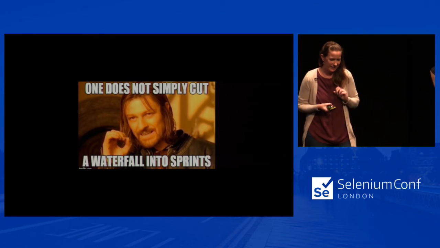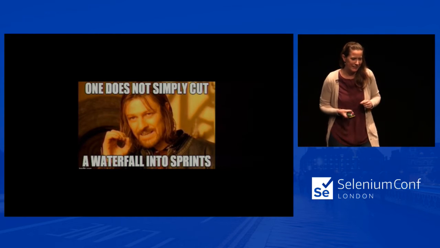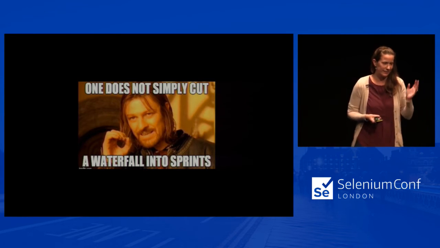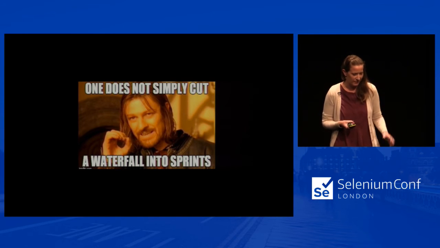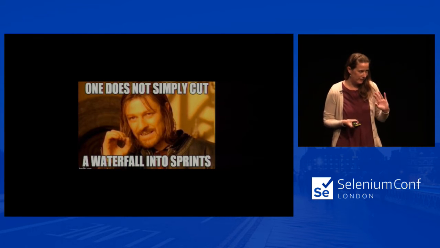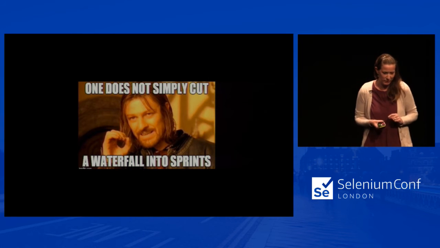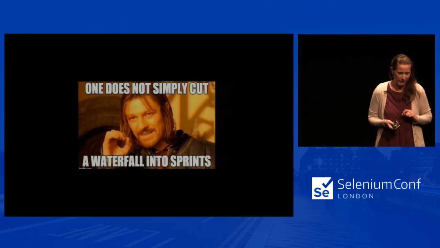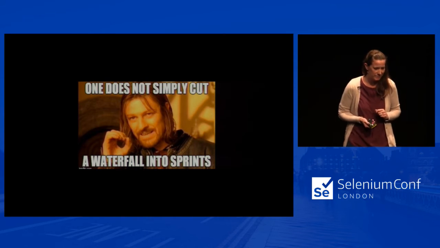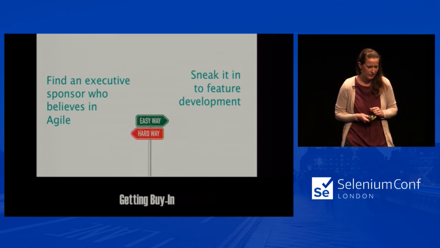What we usually just hear is, oh, I just need a ballpark estimate. And so you think, I guess I can give them an arbitrary number, just my best guess, thinking, oh, it's okay. But someone somewhere remembers that ballpark, and it becomes the promised target date. If at all possible, it's best to find an executive sponsor who believes in Agile and who will support you, or at least a really good product owner who will understand the benefits versus risks of the situation.